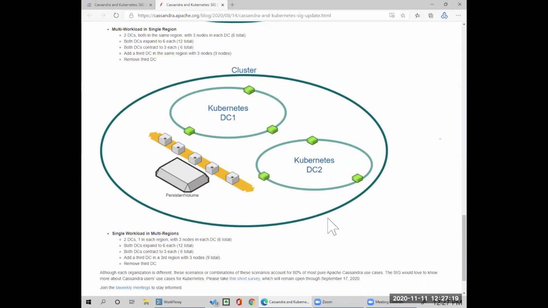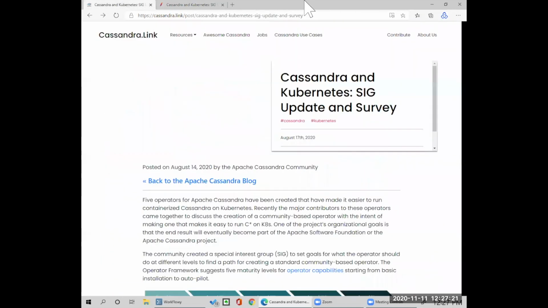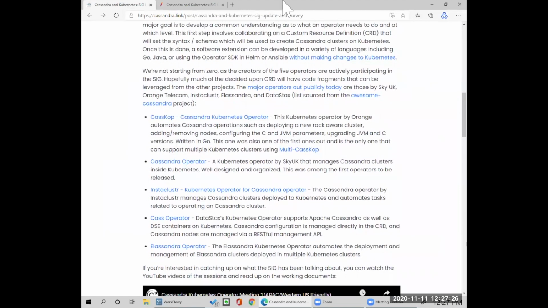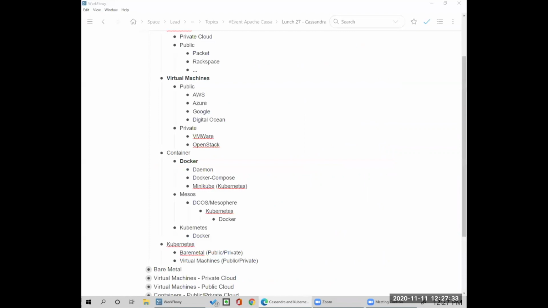But Kubernetes, I'm going to talk more about it, but we're not going to go into the reasons why it would be great. There's a lot of different operators for Kubernetes now. It's getting to be mature. There's no production support for Cassandra on Kubernetes, except if you go through one of the managed service providers, basically. DataStax Astra is one of those, and Instaclustr would be the other one. I think maybe Ivan also uses it.